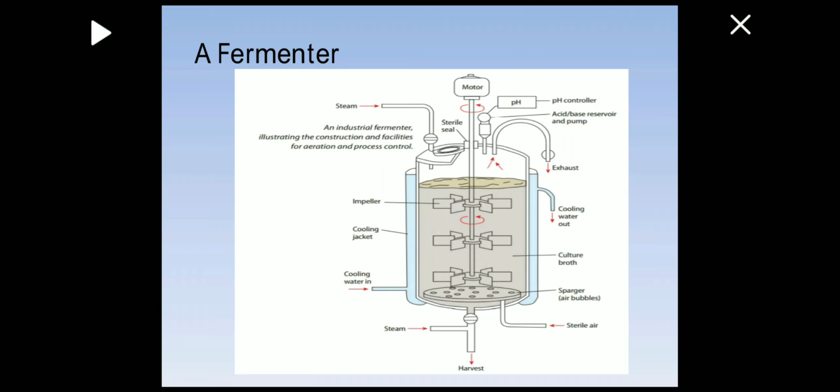And then you have the steam which is entering inside the fermentation tank, and you have a sterile seal which is making sure that there is no contamination, no entry of any other microorganism or any other material into the fermentation tank. So this was all about the applications of microbes in